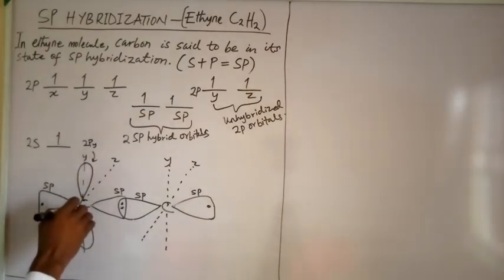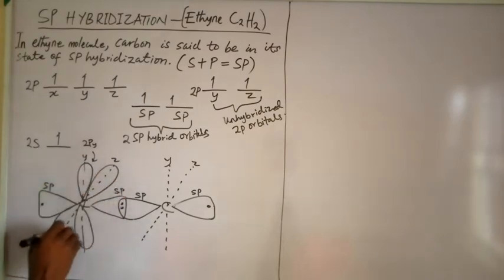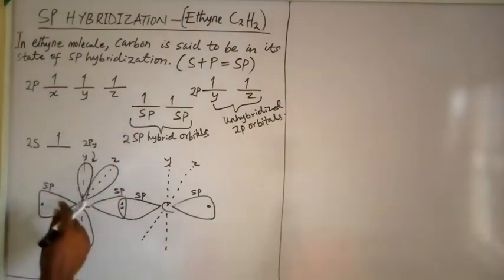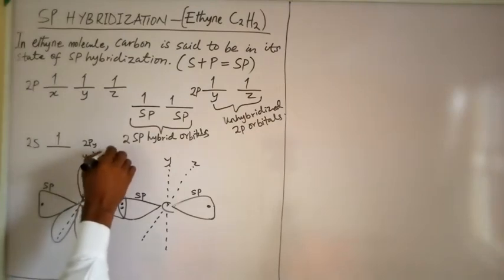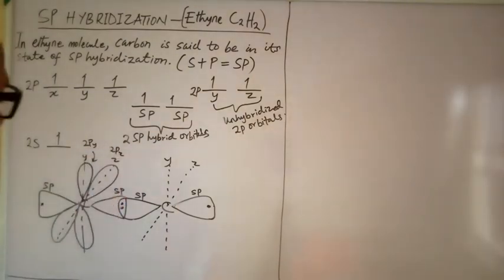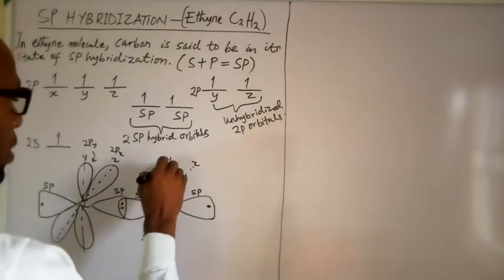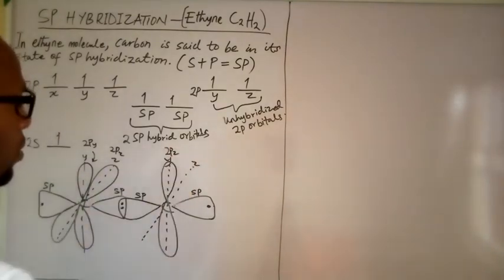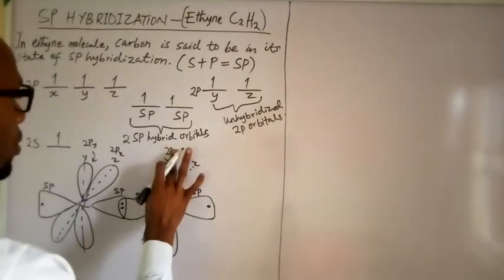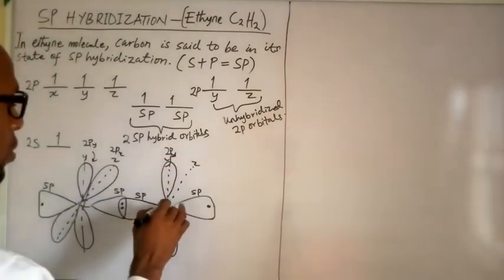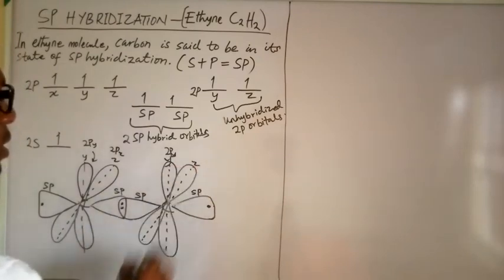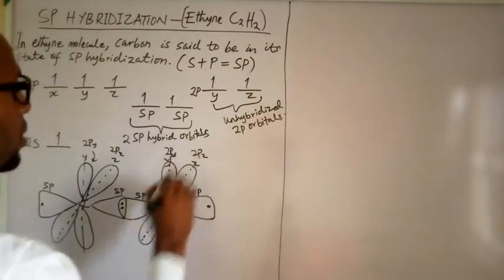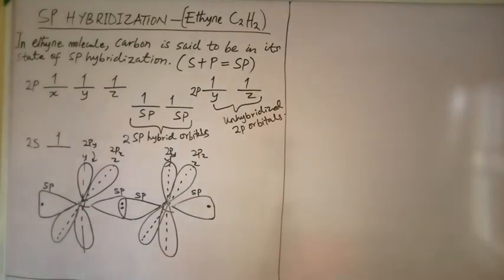So when you have your dumbbell now in the z-axis, you expect that you have your 2pz orbital for this carbon. So you do the same, your dumbbell, because p orbitals are dumbbell shaped. So you have your 2py orbital, and you have your dumbbell represented in the z-axis. Of course, you have your 2pz orbitals. Beautiful. Now we have done this, it is important to know that we still have two hydrogen atoms.